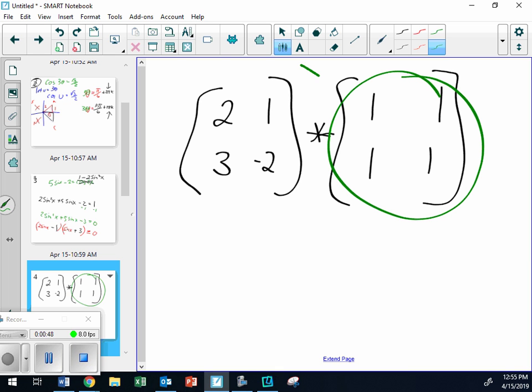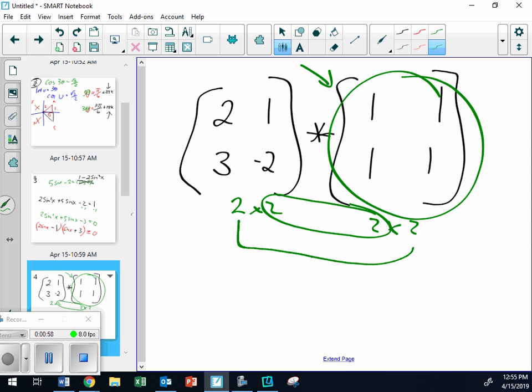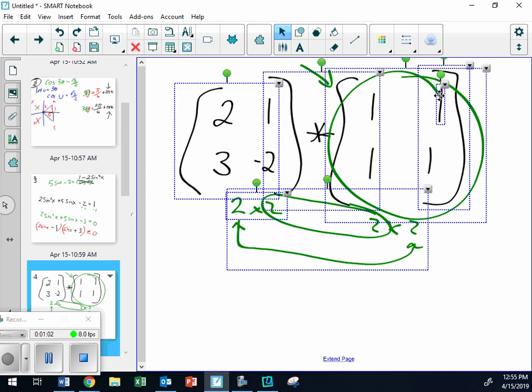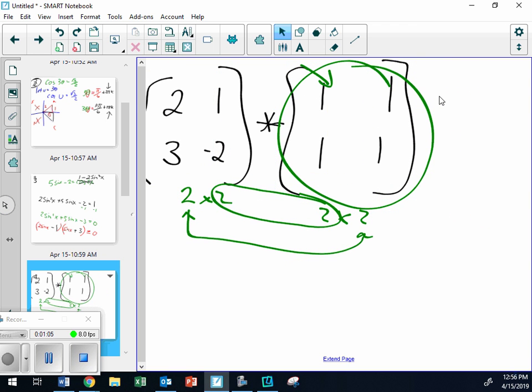If I multiply by this, that's not the identity matrix. It won't keep the answer the same. You should have realized that this is a 2 by 2 and this is a 2 by 2, and since these match, the answer will be a 2 by 2. I'm doing a super quick review of multiplying matrices here. And now I'm going to slide it over, and the answer for this will be